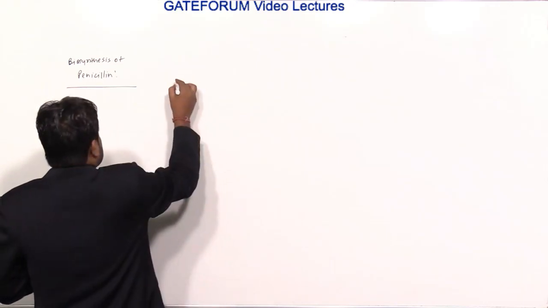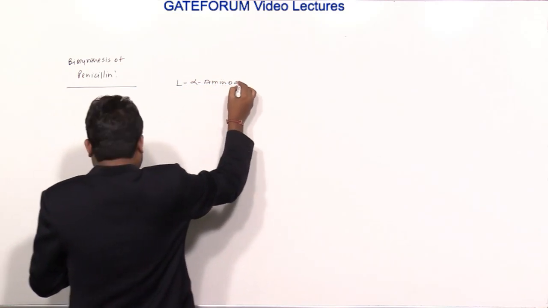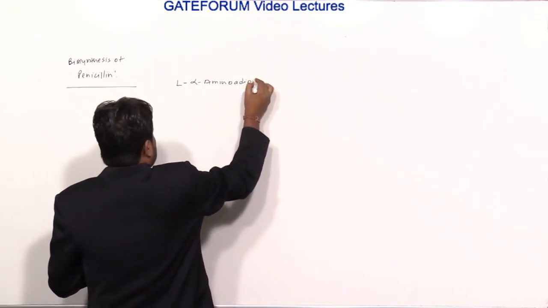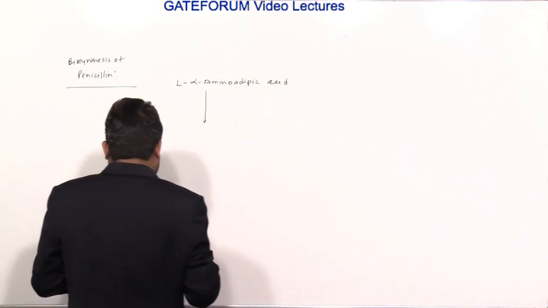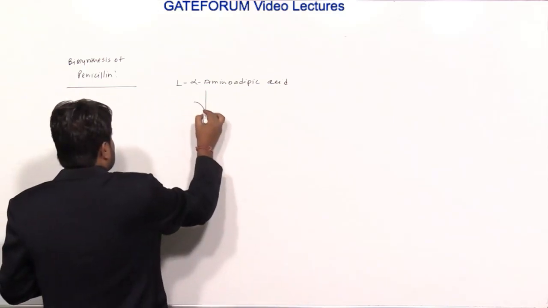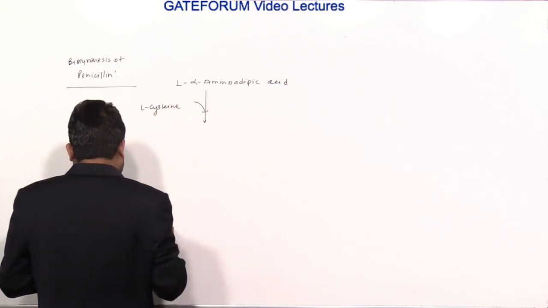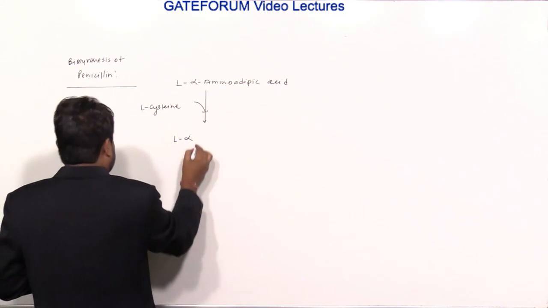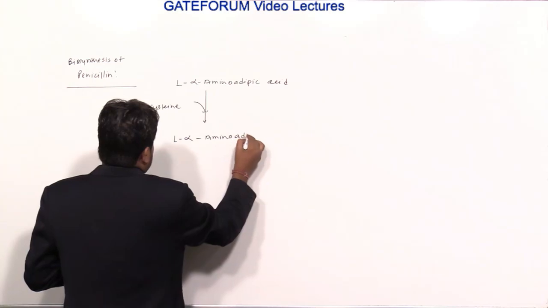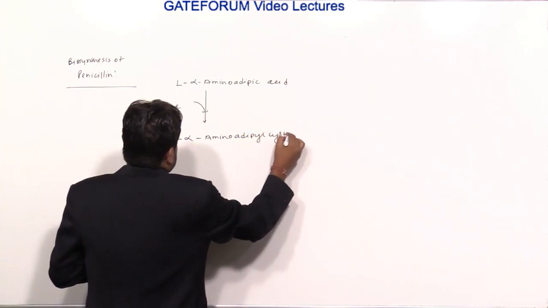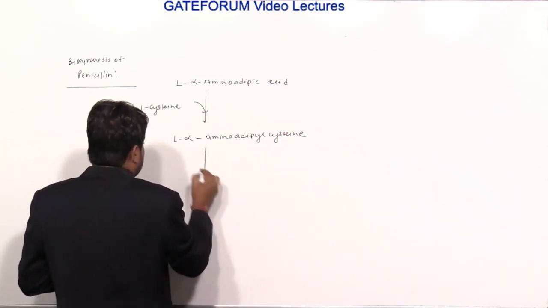So the first is L-alpha amino adipic acid. Exactly, the L-alpha amino adipic acid, where L-cysteine is going to be added. When the L-cysteine is added, there is formation of L-alpha amino adipic cysteine. Then after that, L-valine is going to get added,